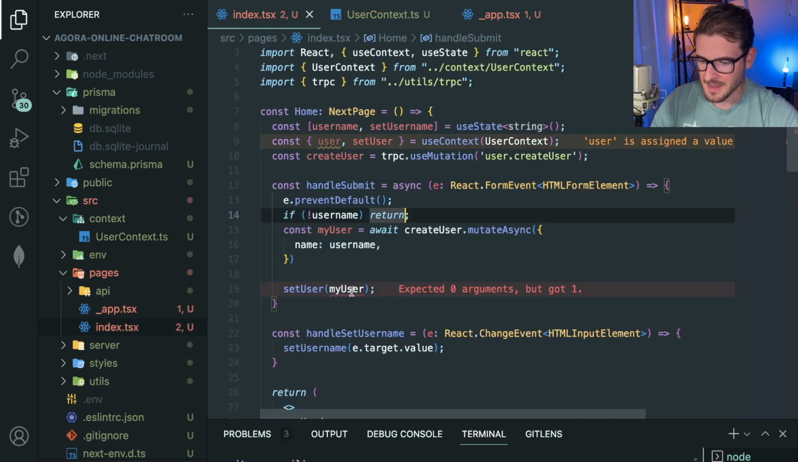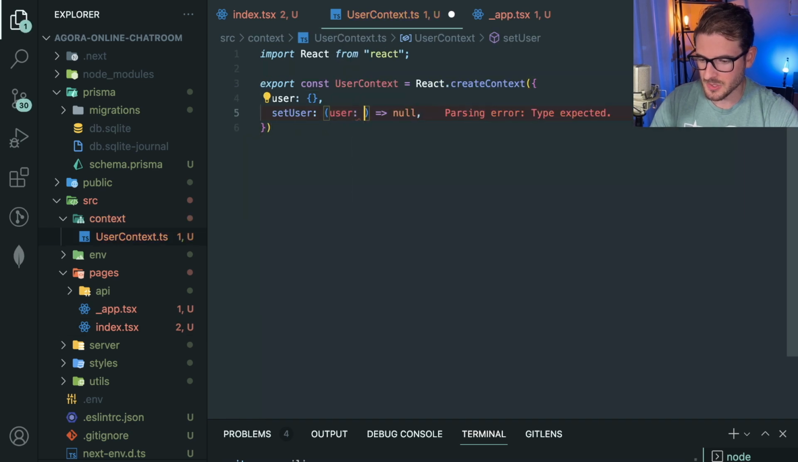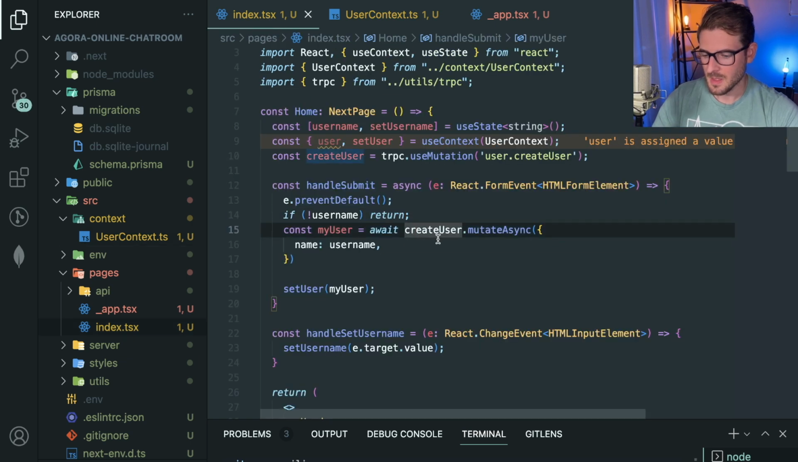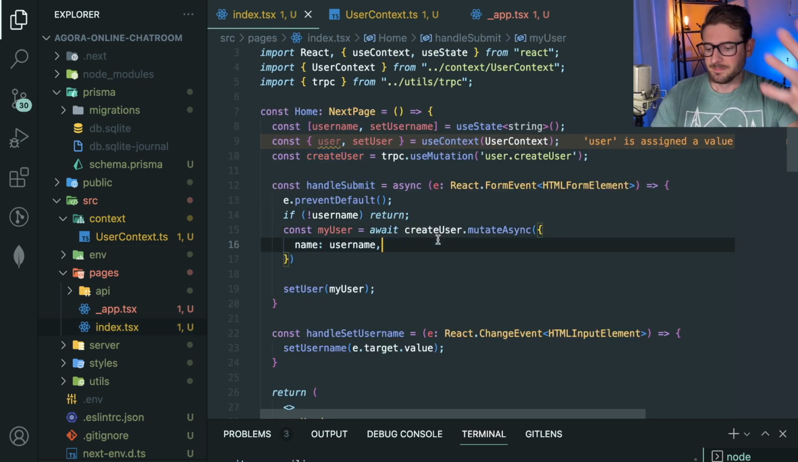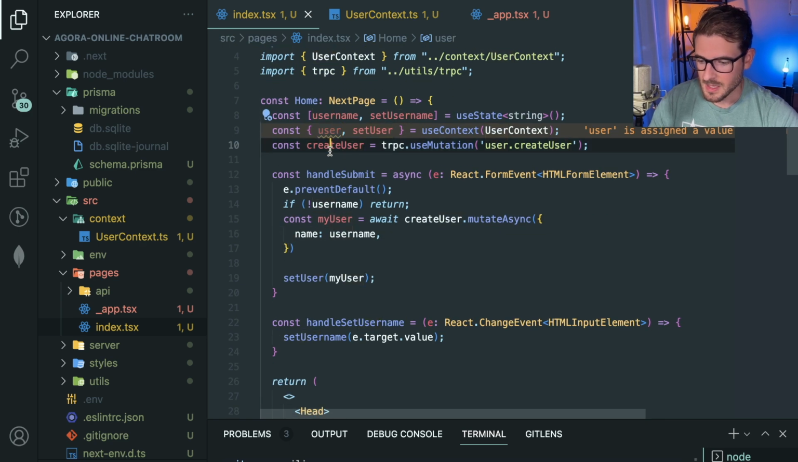All right, let's see if this is actually working. Set user should take in a user and a user from Prisma. I don't know. I'm bad at TypeScript, I'll be honest with you. Sometimes I just struggle trying to figure out what all these errors mean. But let's just see if this works, to be honest. I don't know if it will, but